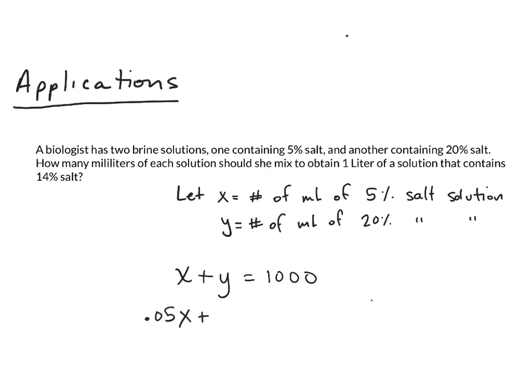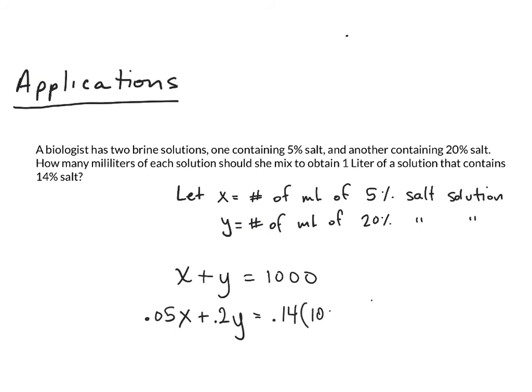I'm going to add that to 0.2 because there's 20% salt in the y mixture, and I'm adding y milliliters of it. And notice what I have. I have a percentage of an amount of milliliters, so it's 5% of x milliliters plus 20% of y milliliters. And it's supposed to equal 14%